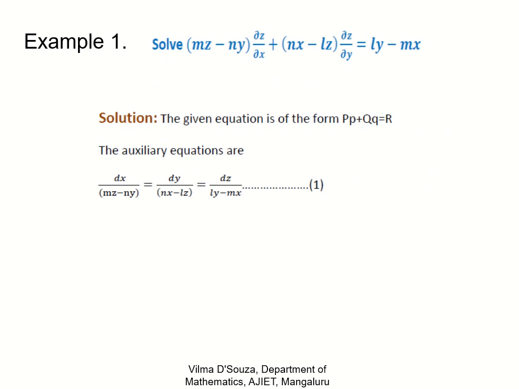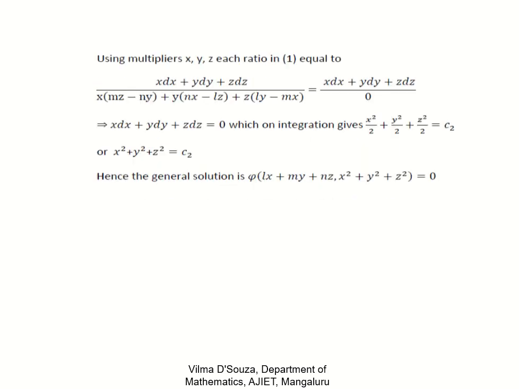Your numerator will be x dx plus y dy plus z dz divided by mxz minus nxy, plus, this you are multiplying by y, nxy minus lxz, this you are multiplying by z, lyz minus mxz. So simplify the denominator, you will get it as 0. x dx plus y dy plus z dz is equal to 0,